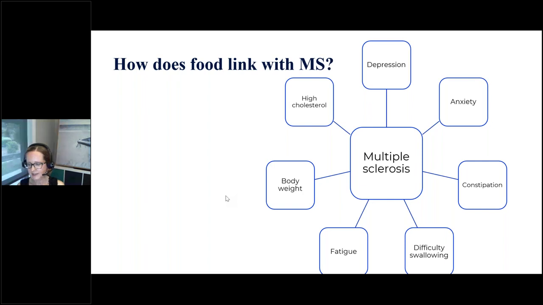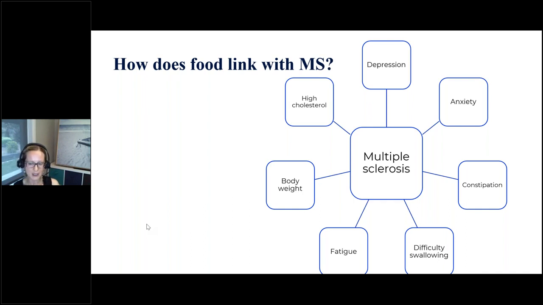And of course, then as the disease becomes a bit more progressive, some people end up with difficulty swallowing as well. And that's another thing we need to think about, because difficulty swallowing is food related, and we need to be aware of the differences in food intakes that we need to be providing to those people or recommending to those people, as opposed to people who aren't having difficulty swallowing, or it might even be intermittent difficulties. So that provides you with a little bit of insight into the different areas that we could change that relate